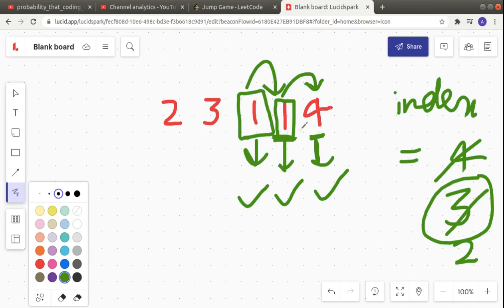But we don't care of all this. We just care now that if we can reach the index 2 somehow, that means we have to return true. Our output is true. That's it. Okay, now let's move to the left index again.